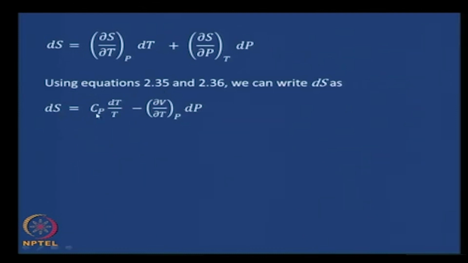Therefore, dS becomes equal to Cp dT by T, and we have seen through equation 236 that ∂S/∂P at constant T could be written as minus ∂V/∂T at constant P. So, that is what we have substituted here. Therefore, we get dS equals Cp dT by T minus ∂V/∂T at constant P times dP. We will call this equation 250,